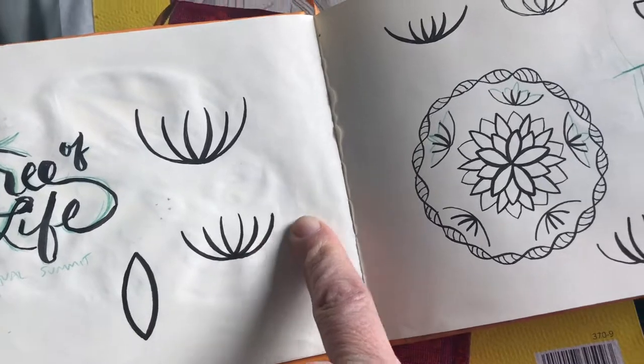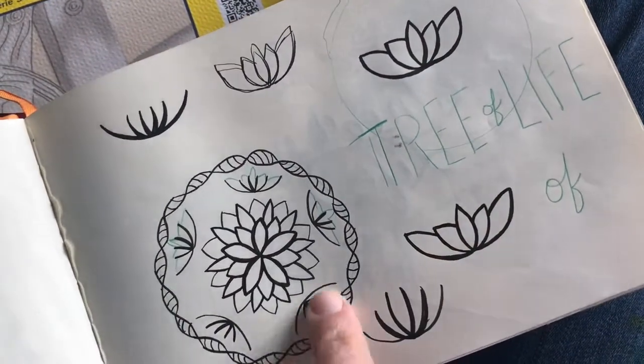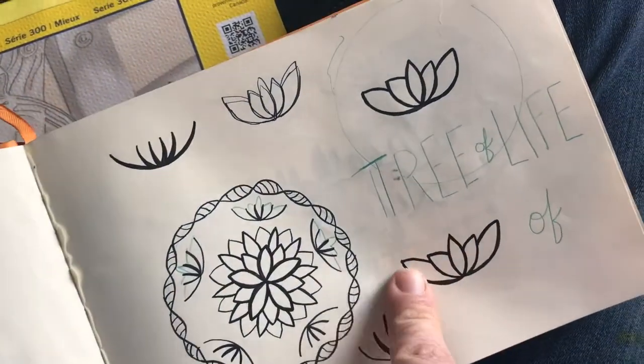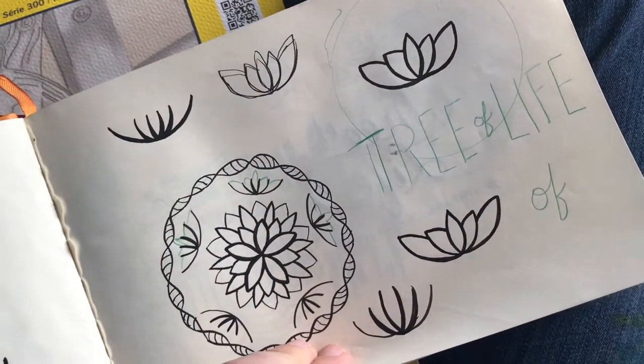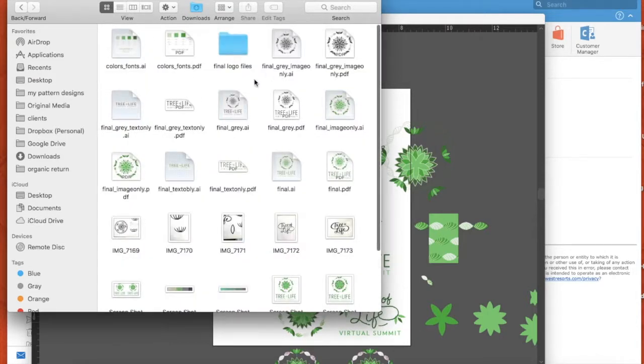I drew this shape, which I brought into Illustrator. I drew the lotus shape based on that wider, abstracted root pattern, which I brought into Illustrator. So I actually used my hand drawings in the final mark. So let's move over to Illustrator. I wanted to show you, within this folder,